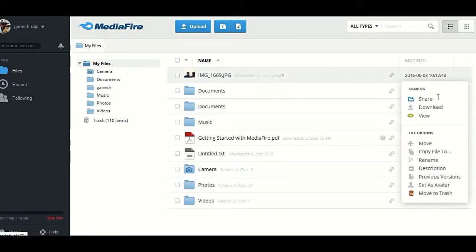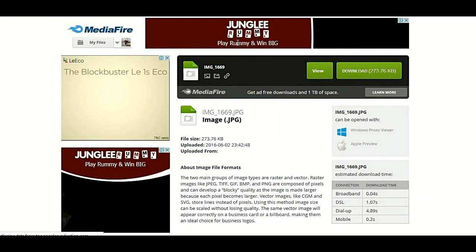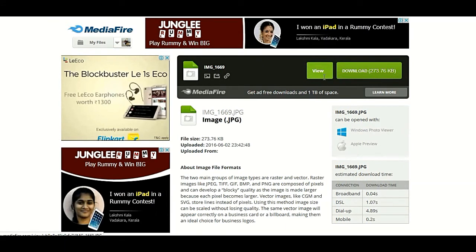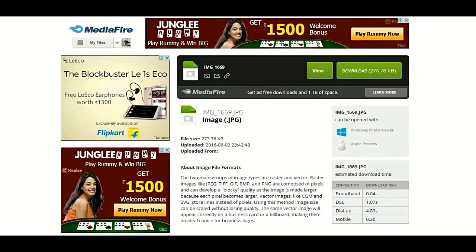And one more thing, that is download. The downloading will look like this. When you copy this link and place it in your blog, the audience can click on that link, and it will be displayed like this. Automatically you can view or download. You have the two options. In this you can download or review, and that is the downloading link, how to create the downloading link in the media file.